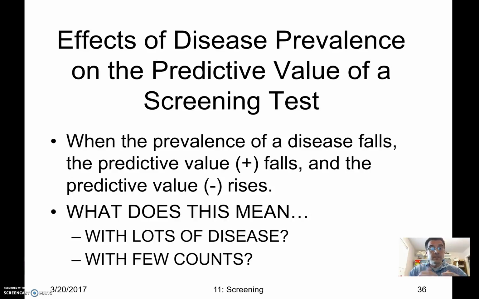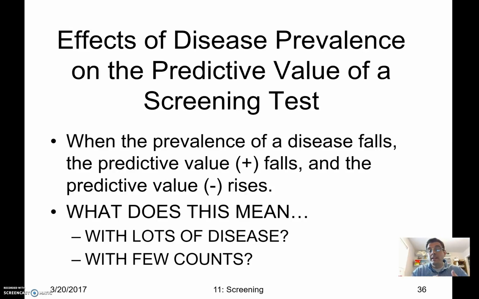So here we are, we're still talking about sensitivity, specificity, predictive value positive, predictive value negative, and then right at the end I threw in a calculation with prevalence. A lot of times students ask the question, well, why are we even including prevalence within this particular type of analysis? And the reason is that disease prevalence actually has an effect on the predictive value within a screening